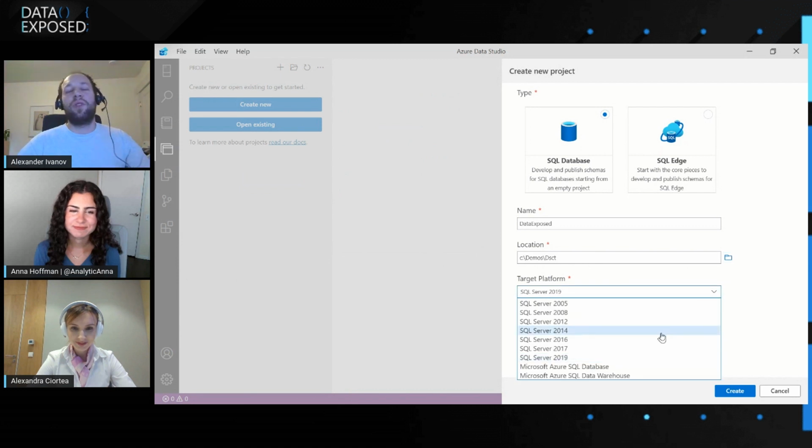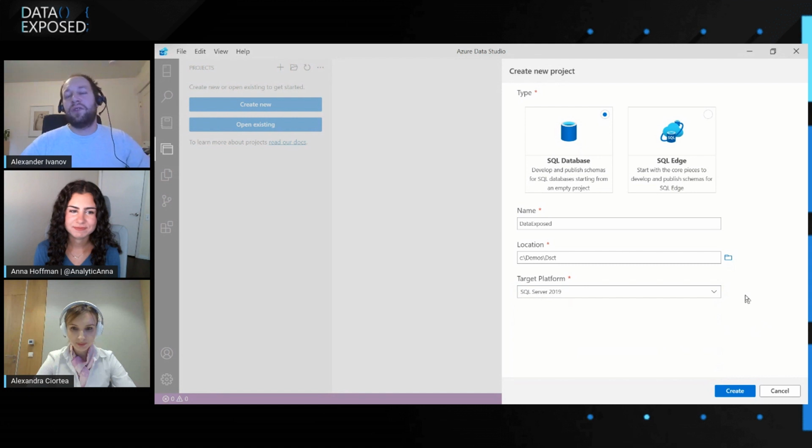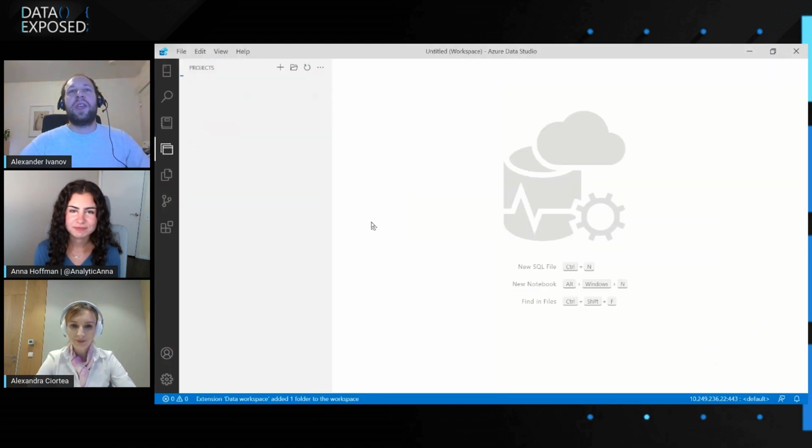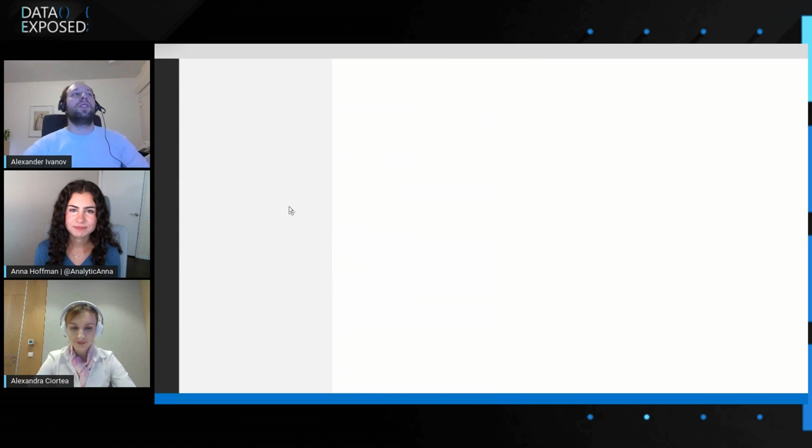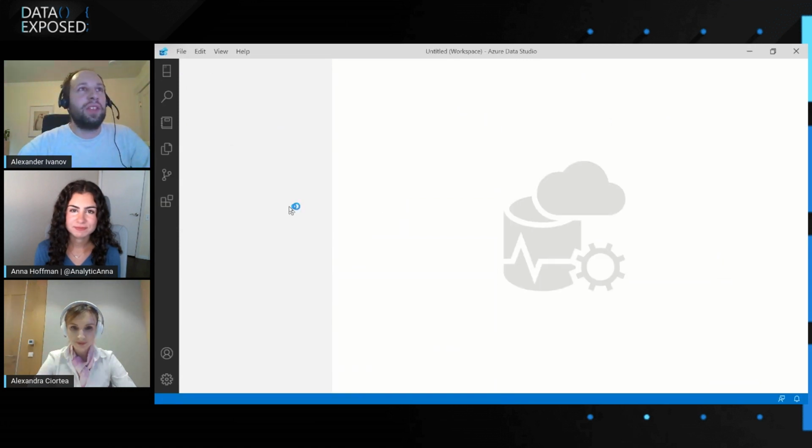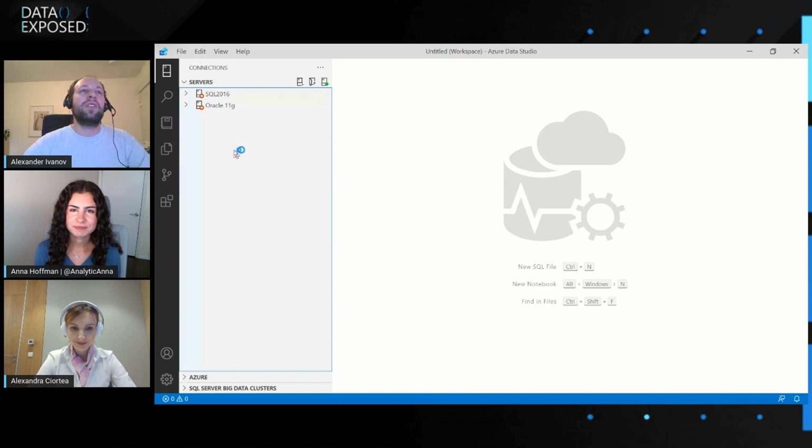As I mentioned, we support on-prem SQL Servers, we support SQL DB, data warehouse, and managed instance, and all that. So we'll be able to choose all of that. So select target platform. For the sake of the demo, we'll just go latest and greatest, on-premises SQL Server. So you create a new project. It may ask you to restart real quick, so it will reload the Azure Data Studio, get the workspace ready for you, get the project up and running.